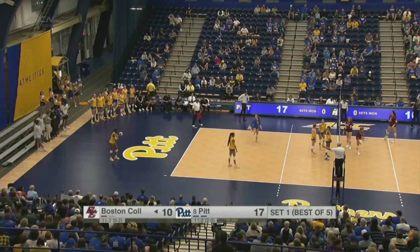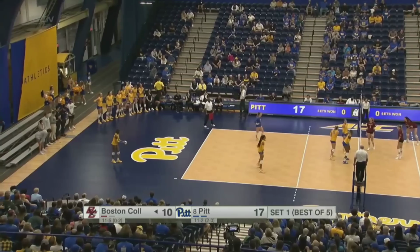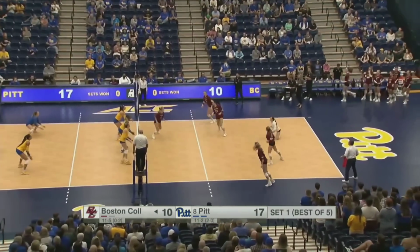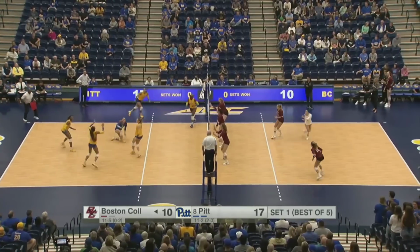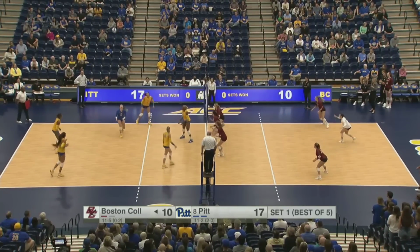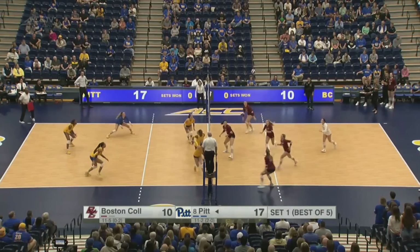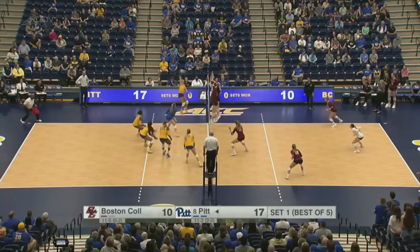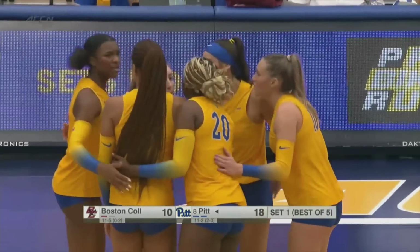Schroeder on the serve. The freshman out of Frisco, Texas. Hit it over. Here comes Hoppus. Panthers look to respond. Vasquez Gomez. She's going to get the point for